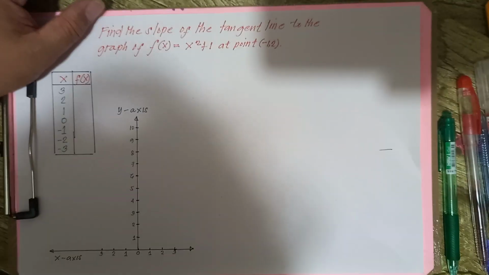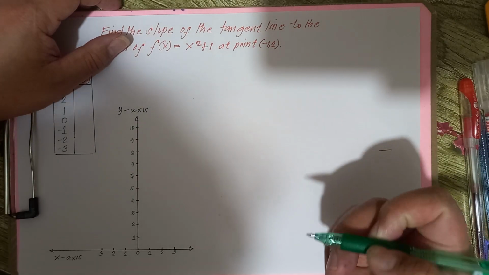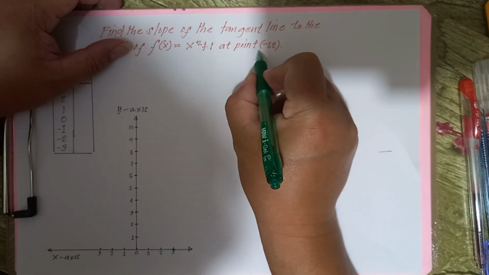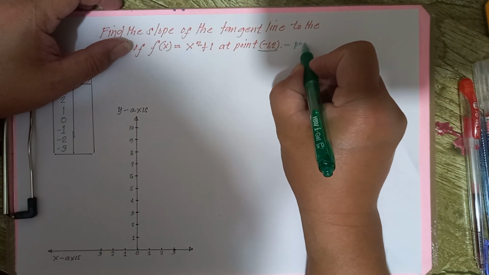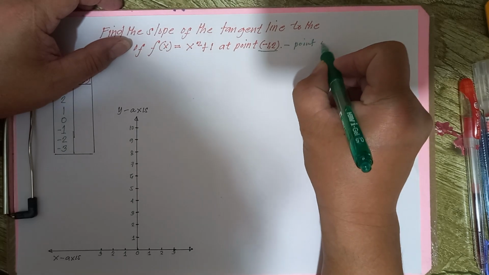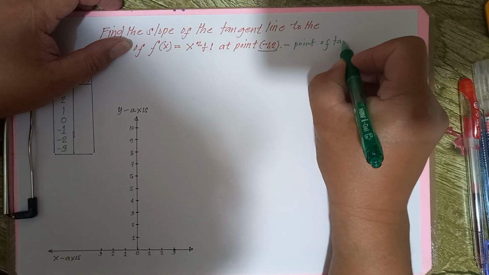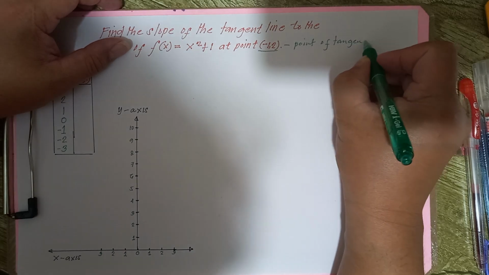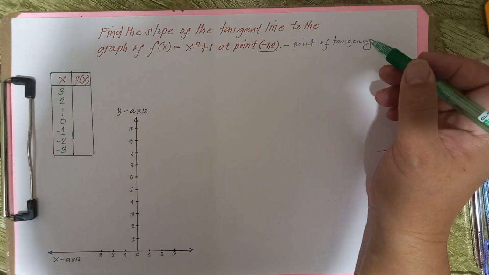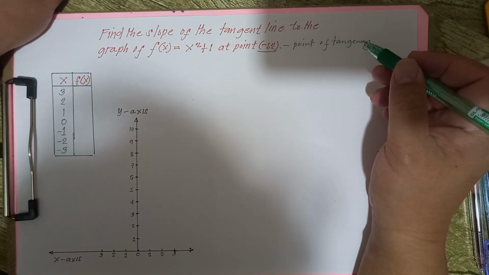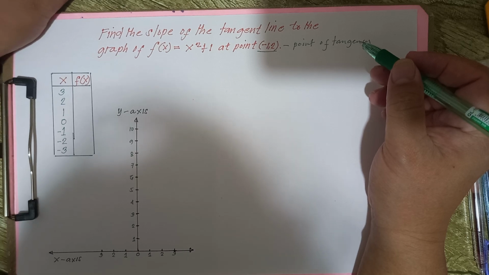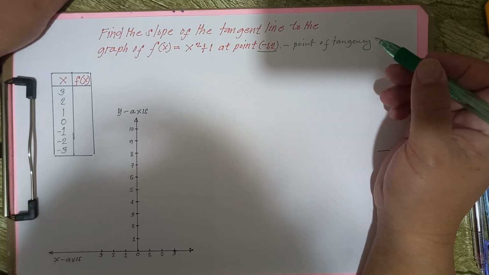So if we are talking of the tangent line, then this point must be considered the point of tangency. Now, before we solve for the slope of the tangent line touching the quadratic function f of x equals x raised to 2 plus 1,